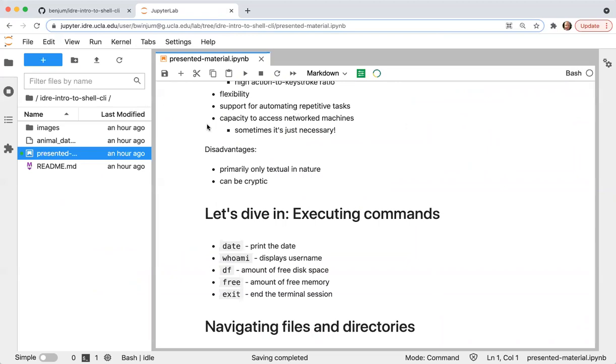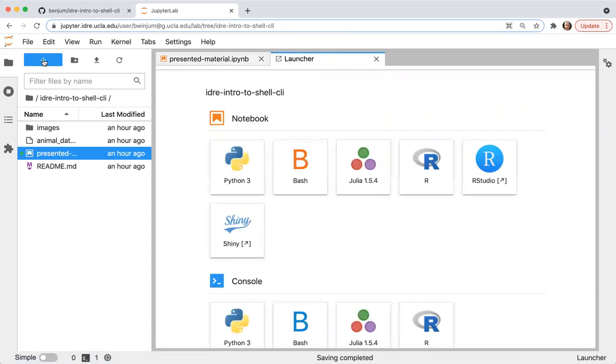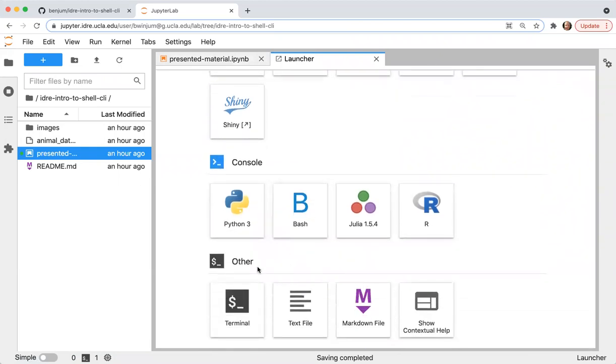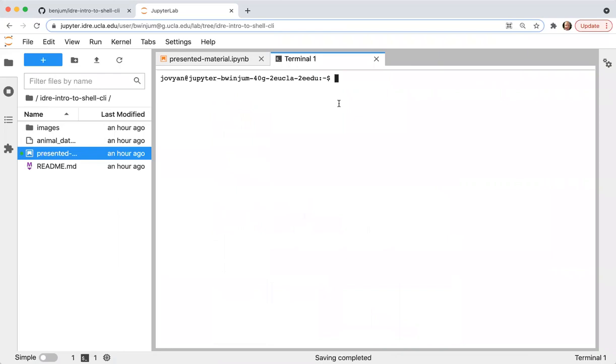And what I'm going to do now, actually, for those of you who are following along, is I'm going to launch a terminal. So through the process of interacting with the hub through this web browser-based interface, we're interacting with a Linux operating system. And if I come up here to plus and click on plus, it will open up this new window. And down at the bottom, if you scroll to the bottom, is something called the terminal. And to open that, I just click on it. That will open up this terminal.